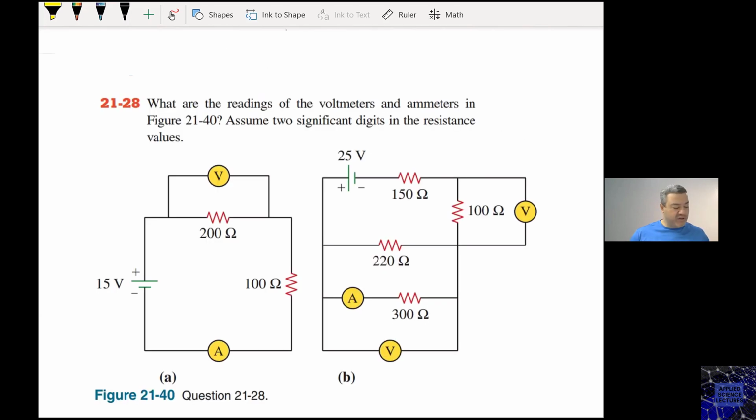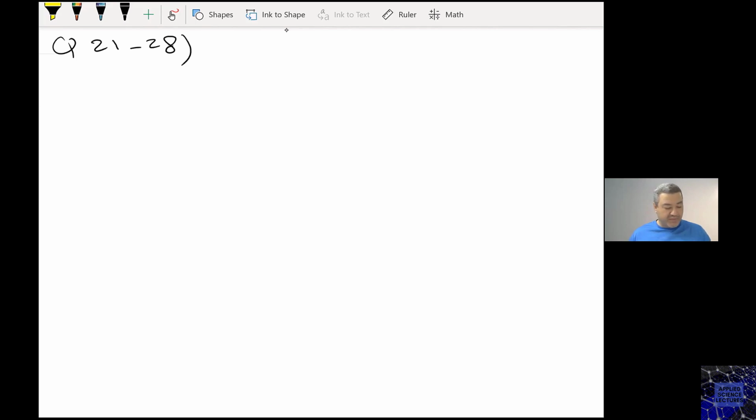Next question is from the textbook, question 21, 28. This question reads the following. What are the readings of the voltmeters and ammeters in figure 21.40? Assume two significant digits in the resistance values. Okay, so this is a very important question